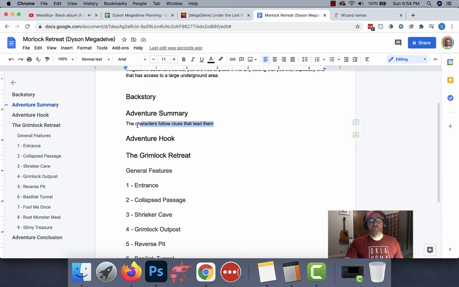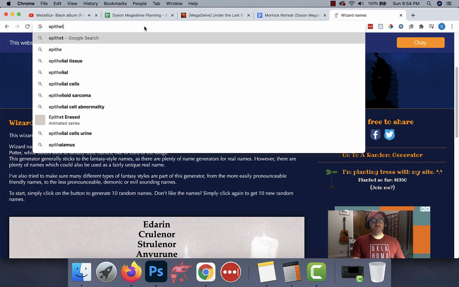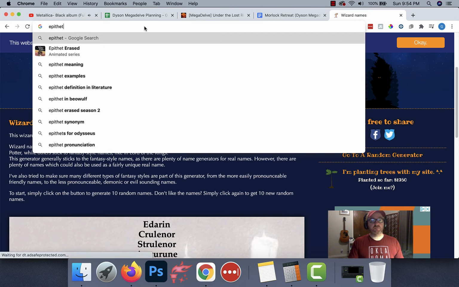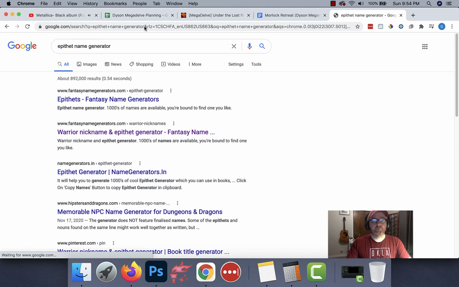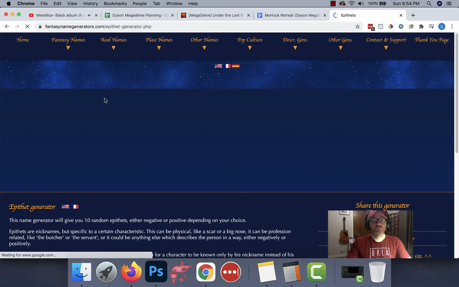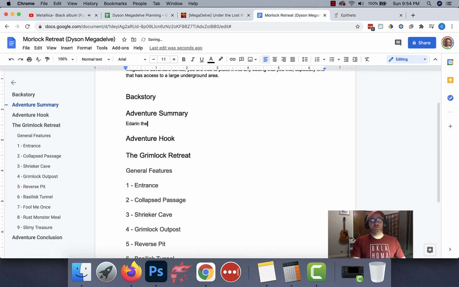So Edarin. You know what? Let's get a cool epithet for him too. Epithet is a word that you append to the end of a name. All right. Here we go. The physician. That's cool. So Edarin, the physician,